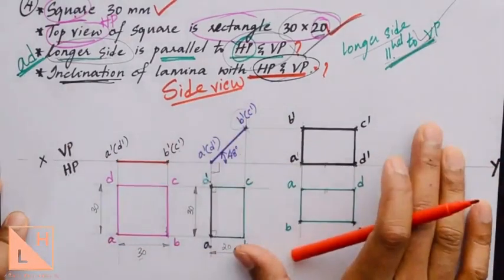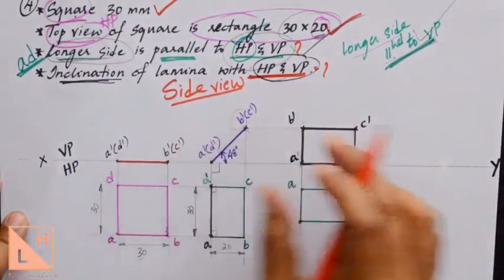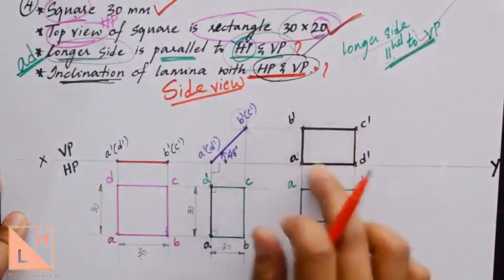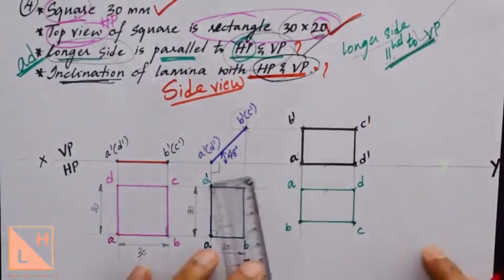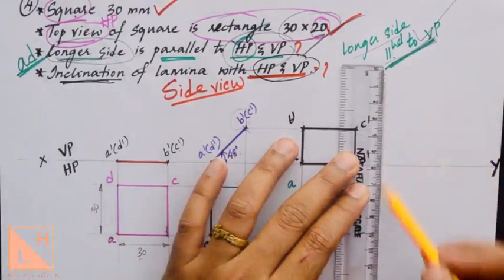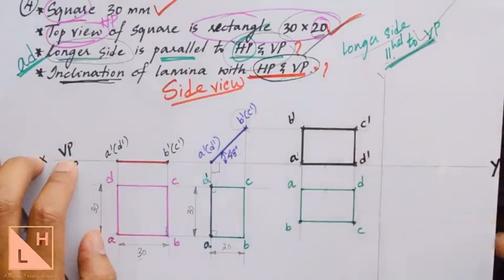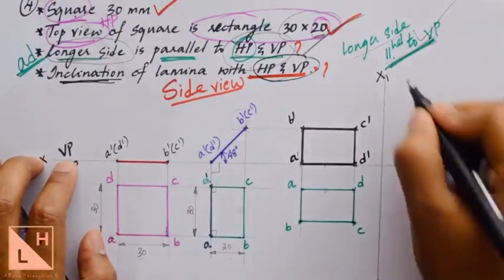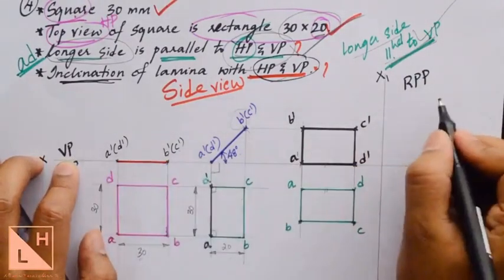You know the basics of side view, which you might have learnt in projection of points already. So here we'll just take the right profile plane because I have some space here and I have the final position in the rightmost part. To get the right profile plane, you draw a vertical line, which will be a reference line with respect to VP and the right profile plane, which we'll name X1, Y1. So this is the right profile plane, which will be found next to the vertical plane.